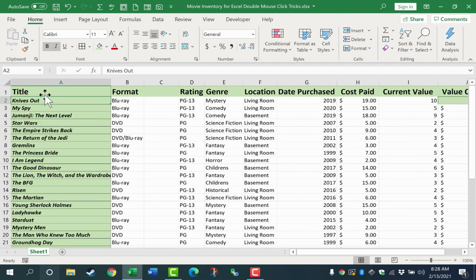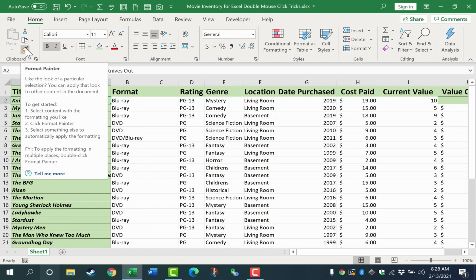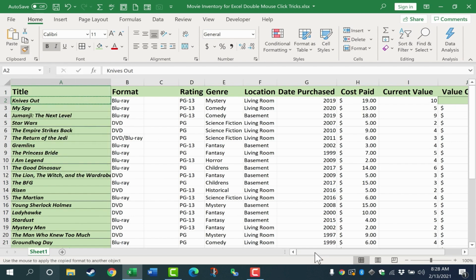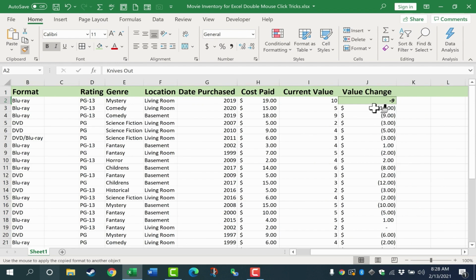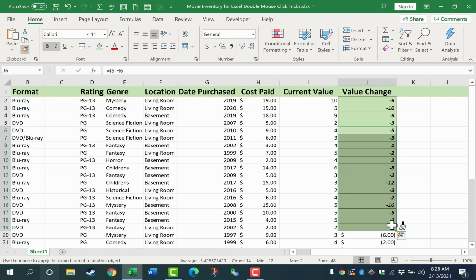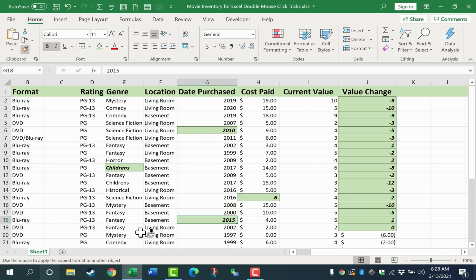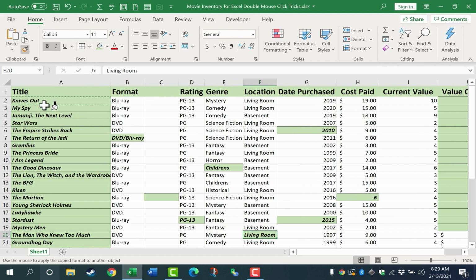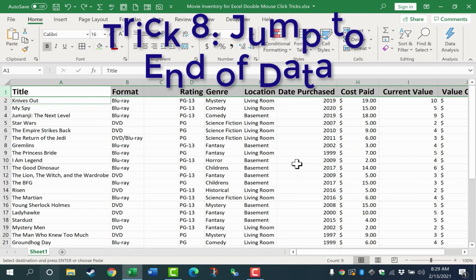This time, instead of clicking the Format Painter once, I'm going to double click on the Format Painter and that keeps it enabled. So now I can click multiple cells, and of course I could click and drag to apply that format to all of those cells at once. But what if the cells that you want to highlight are scattered throughout a spreadsheet? Because I've double-clicked on that Format Painter, I can just keep clicking and it will continue to format those specific cells the same way that this cell is formatted. I think I'll undo all of that.